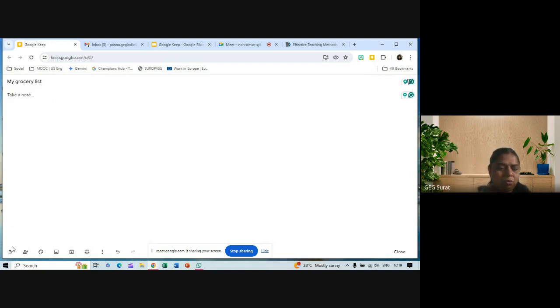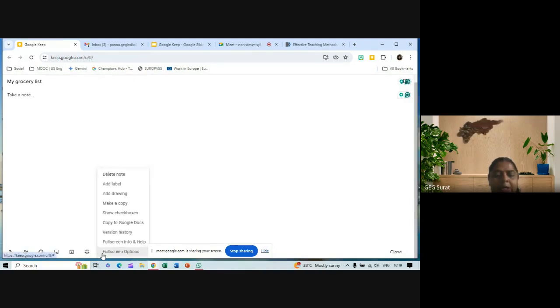Here when you go down, you can see a reminder, a collaborator plus sign, which works with the help of collaboration. This is the color palette. This is the image. I will show you each feature and how it works. Now, when you go to these three little dots and click on them, you can see